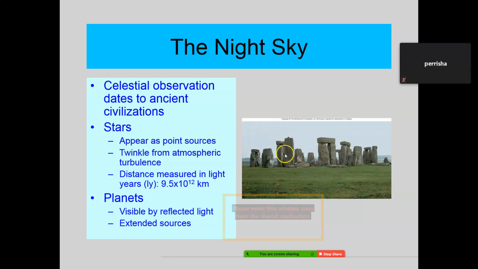These stones were not only huge, not only put in place, but put precisely in place to mark, basically as a calendar or as a recorder of the day of the year, month of the year, season of the year. They told these ancient civilizations way more than we can ever imagine.